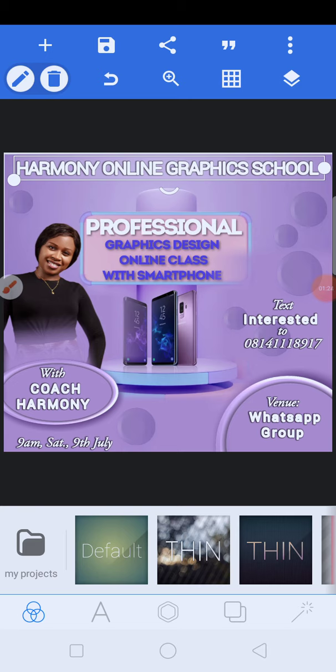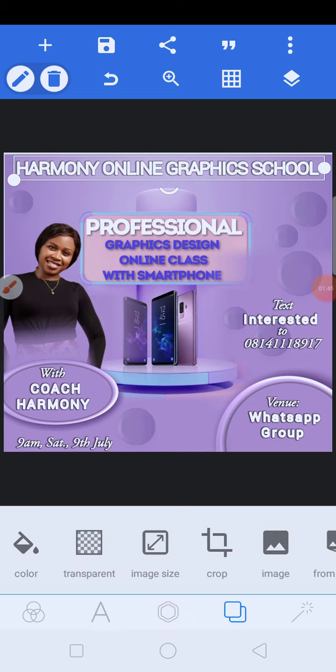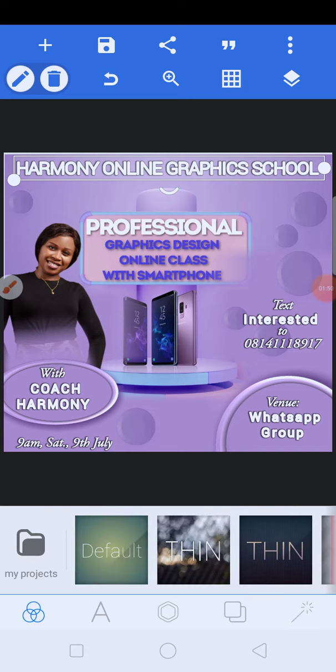When you look at this last layer, if you click on the one already highlighted, you will discover some settings come up. You click on A, the icon that is represented with A, you see another setting come up. You click on this, another setting, you click on this, another setting, and you click on it, another setting. So we go from it one by one. Now this one, the first one, will bring up settings like your default setting, or let me say it kind of gives you background